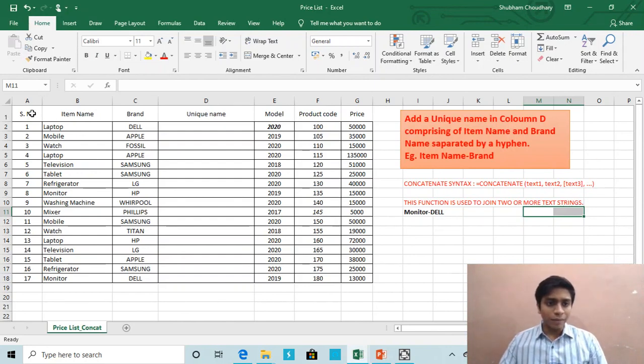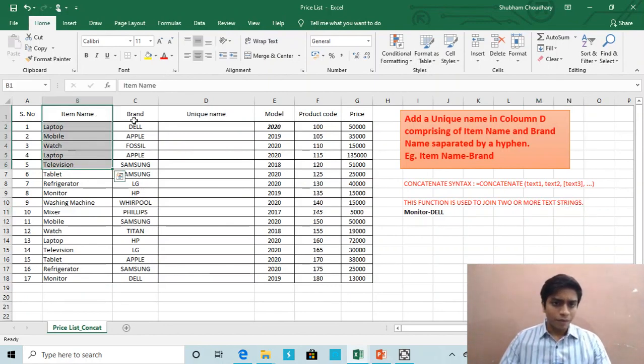I have made a table for the demonstration of the functions. It is basically a price list of various electronic items. It consists of item name, brand, model, product code and price.